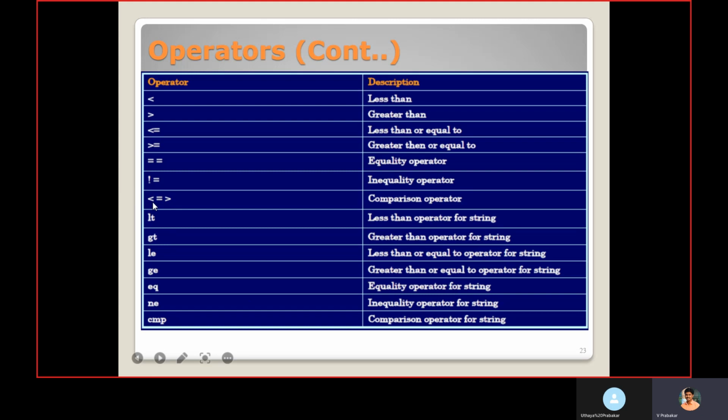The same instead of this compare, you can use this operator when the operands are strings. Here also it will give the possible outputs -1, +1 and 0. If the right hand side is greater it will give -1, if the right hand side is less it will give +1. If both are equal, it will give 0.